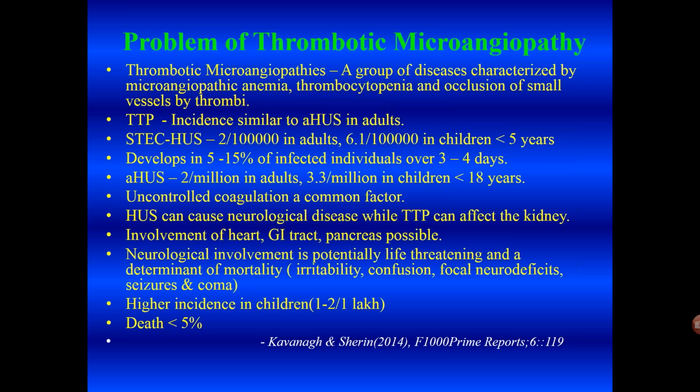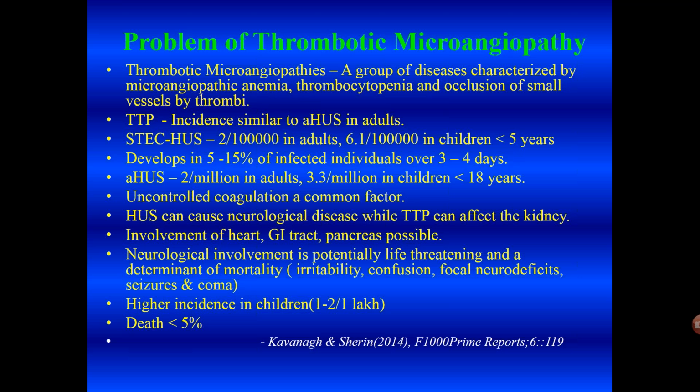called TTP. 30 years later, Gasser described renal failure, thrombocytopenia, and microangiopathic anemia, and that was called hemolytic uremic syndrome. During the 1980s and the late 1990s, a controversy arose. Were these two different diseases, or was it part of a spectrum? And today, I think that question has more or less been resolved.